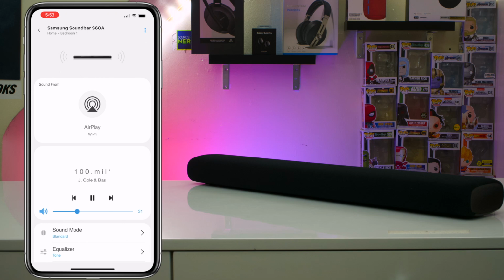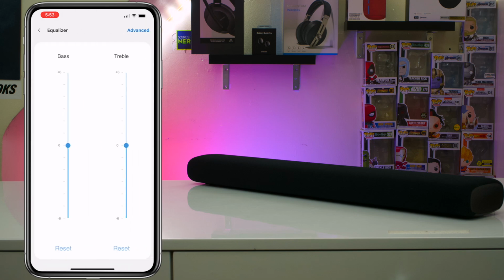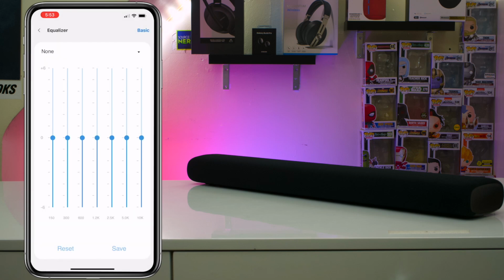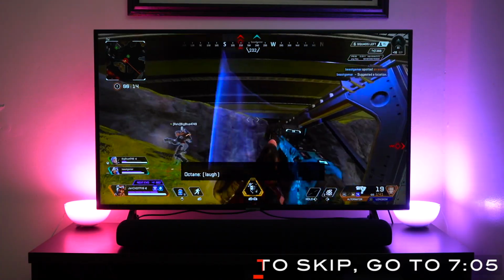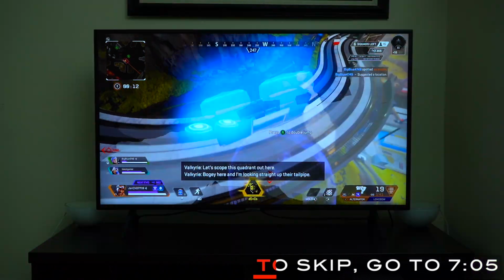So in this sound test, we're going to be using my EQ settings, which you can adjust either through the SmartThings app or, if you've got a Samsung TV, through your TV's menu UI. I raised the bass and lowered the mid on the soundbar. Over here and I'm looking straight at the